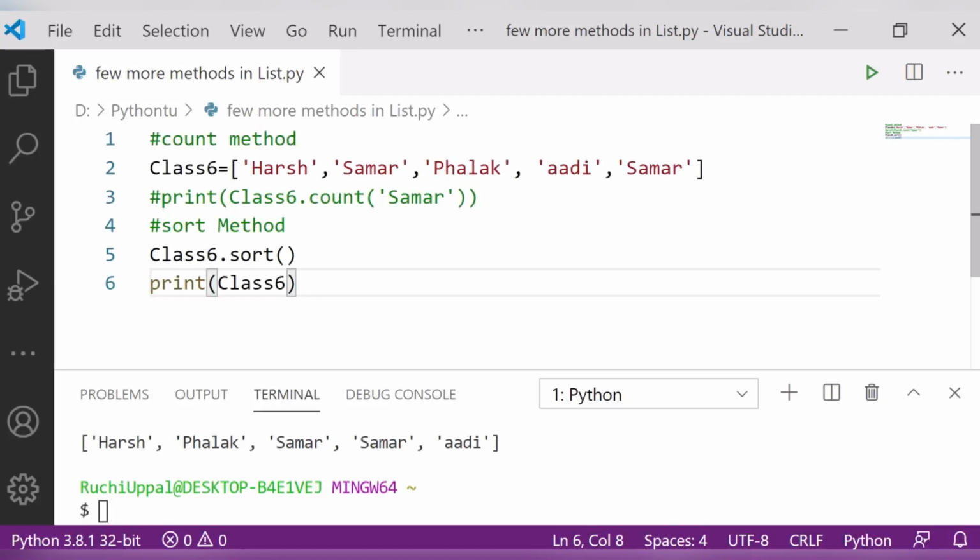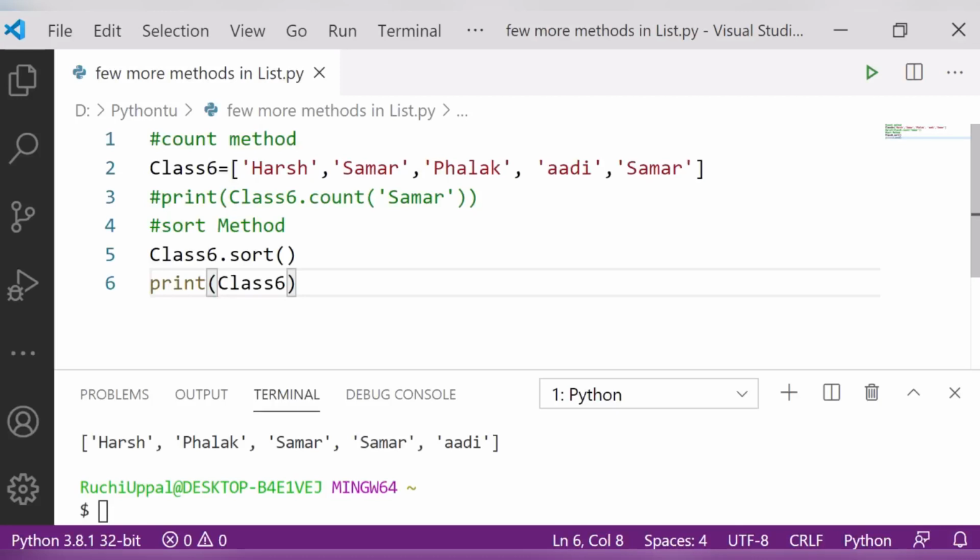Let's check, is it sorted or not? It's not sorted, we simply got our list. Class 6 dot sort. Yes, it is sorting Harsh, but Adi is not sorted. The rest is sorted, but the name Adi is not sorted over here.